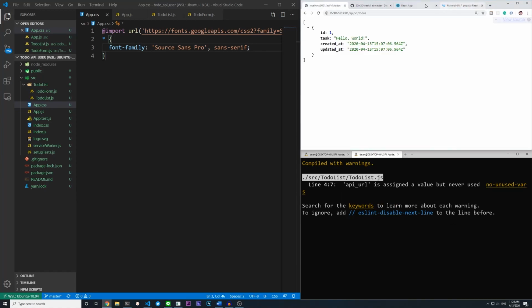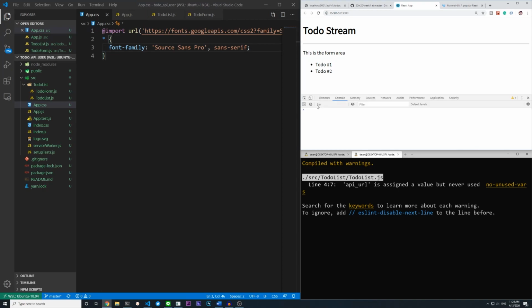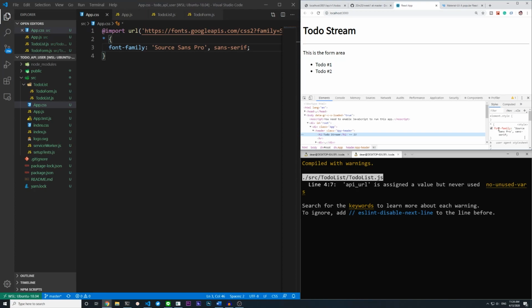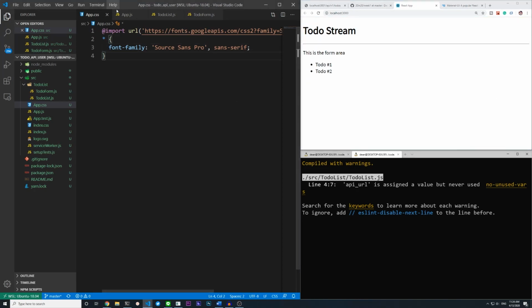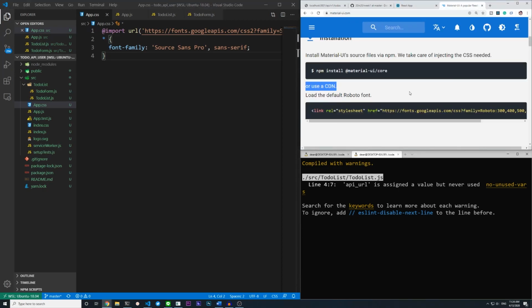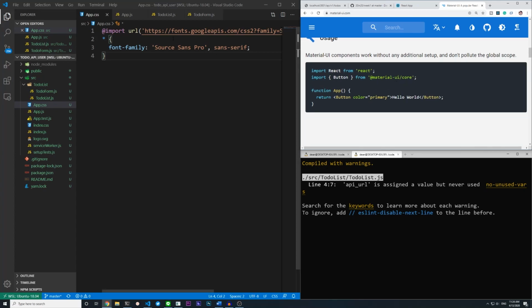So now if we refresh our page, or I guess it already refreshed for us, you'll see that it should be using the Source Sans Pro font family for basically everything you click on. So that handles setting up the fonts and installing material, but now maybe we can actually add some material stuff